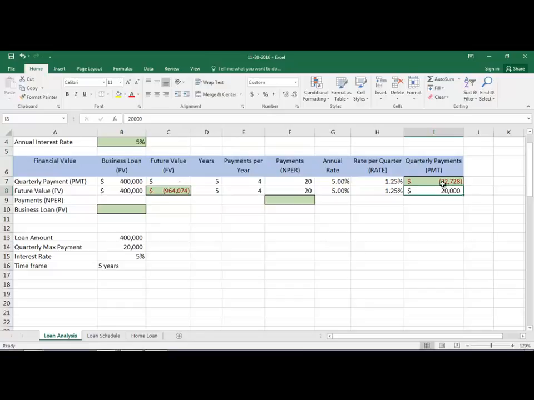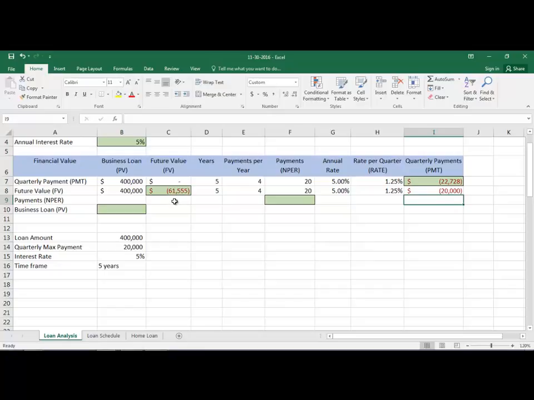Notice how up here this was a negative number. So if I had put this as a negative $20,000, I'm paying $20,000 every quarter, you can see that I'm going to be short about $61,000. And you go, okay, that makes sense. I'm going to pay about $80,000 a year for 5 years, and I borrowed $400,000. So those numbers aren't working. I'm falling short. So that makes sense, and that's how much I'd be short,